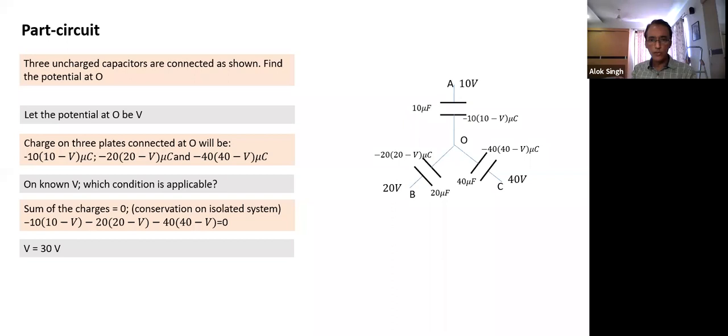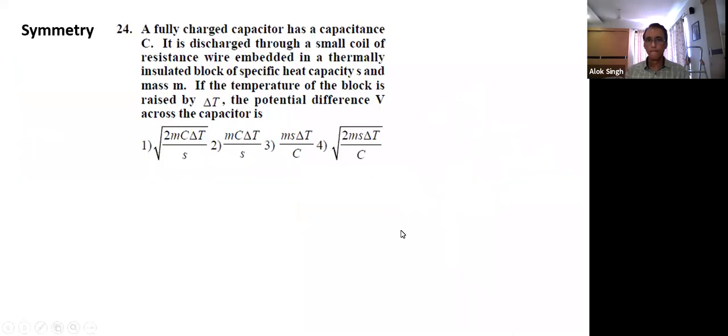Okay, so without knowing what the sign should be, if we apply this, we can easily solve such questions which involve this kind of part of a circuit. There are some simpler questions from your workbook. This question, I think most of you should be able to solve. All of you read the question. I think you should be able to solve this question without too much trouble. This question is a combination of this topic and some small part of heat.